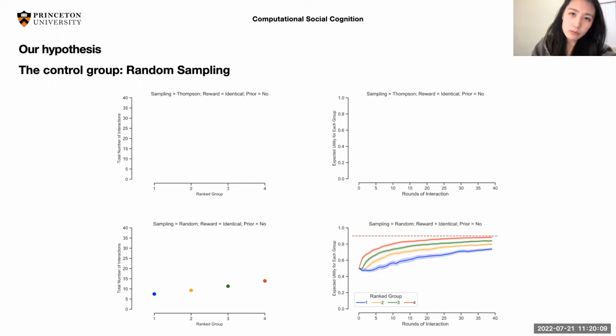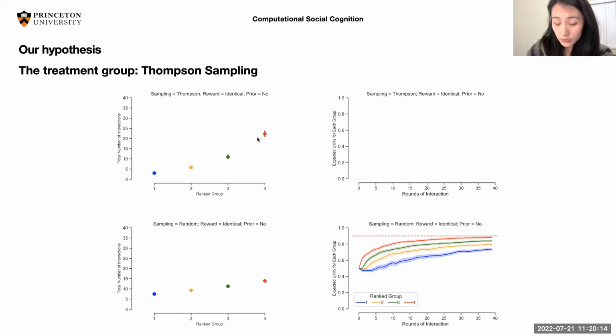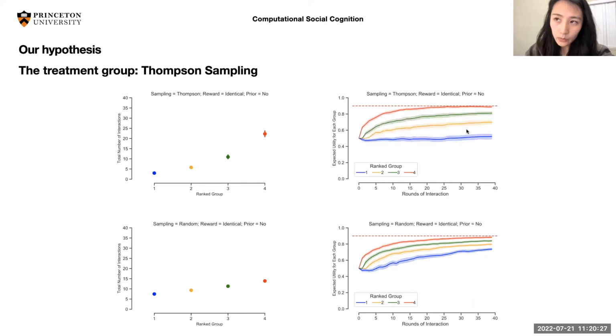Now there, we're seeing a pretty different picture. First, in Thompson sampling, when this agent used past experience to make new decisions, we found that they predominantly and selectively interacted with one group, but underexplored the other three groups. As a result, their estimation is also very bad. For example, it gives a good estimation for the group it interacted with the most, the red one, but a much worse estimation for the other three groups. In other words, Thompson sampling now thinks the four groups are much more different from each other compared to the random sampling condition.